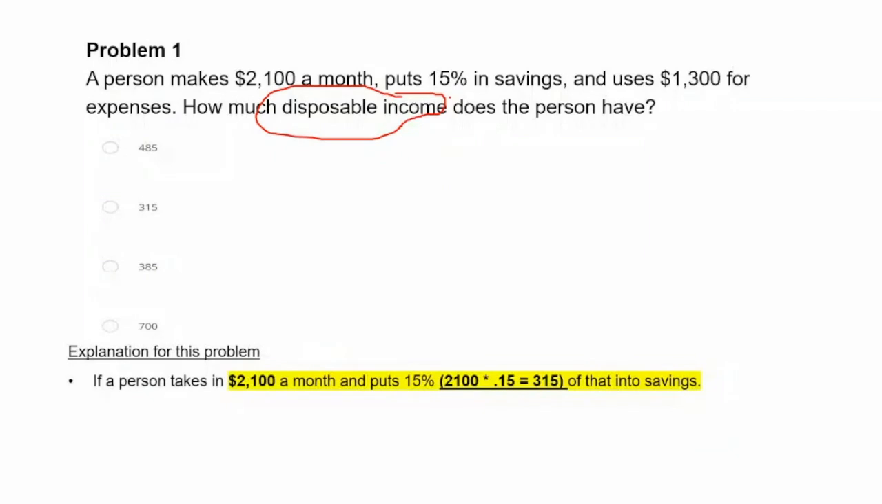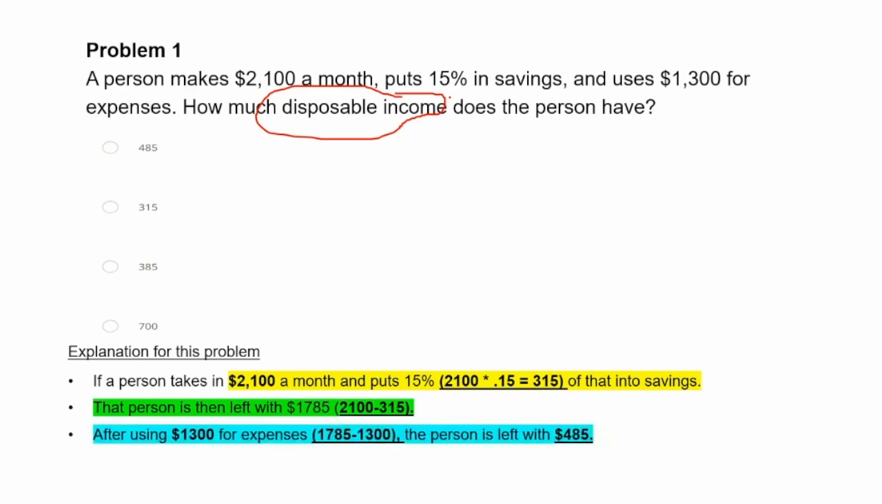$2,100. In order to do this, we must multiply $2,100 by 0.15. Basically, we converted 15% into a decimal, and we get $315. So now we know that $315 is going into the savings. So we're now going to subtract that from the total income, which is $2,100. We get $1,785 left. Now that we know that